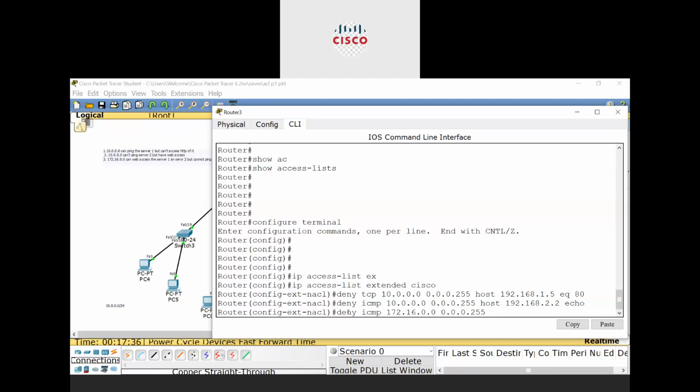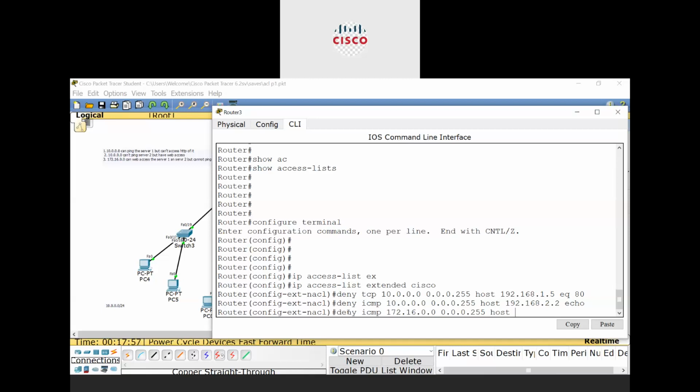Okay, so there is a limitation of access control list: I can add one network or the entire network, one IP at a time, if these IPs do not belong to the same subnet.